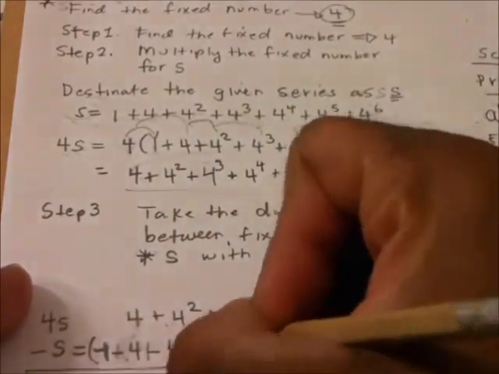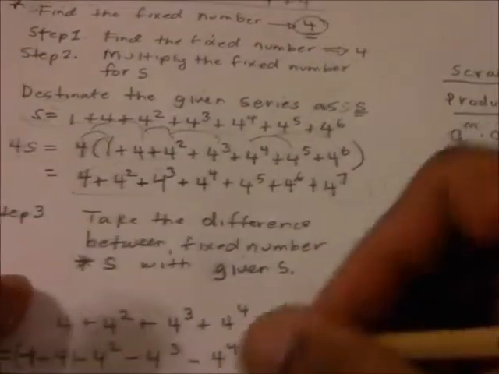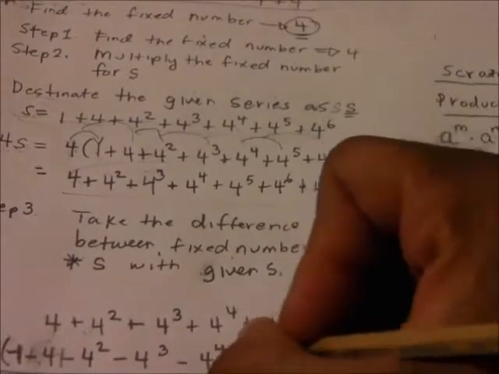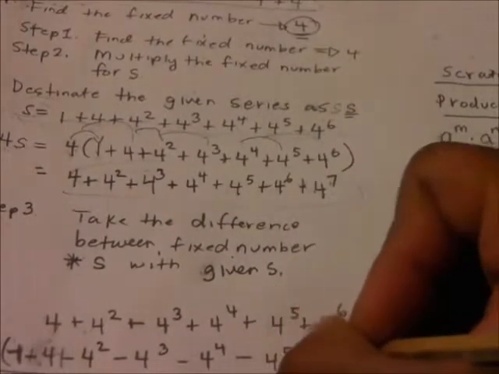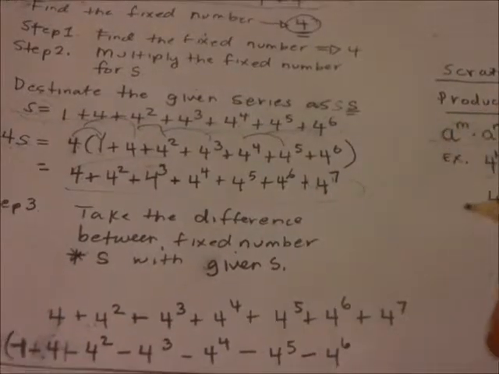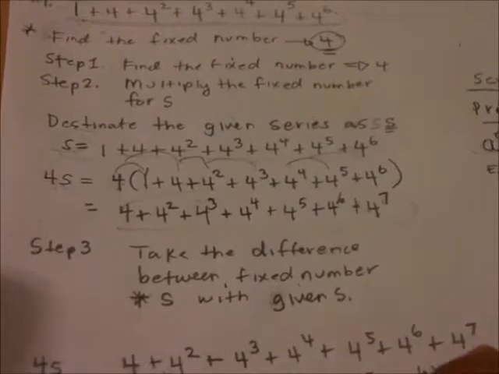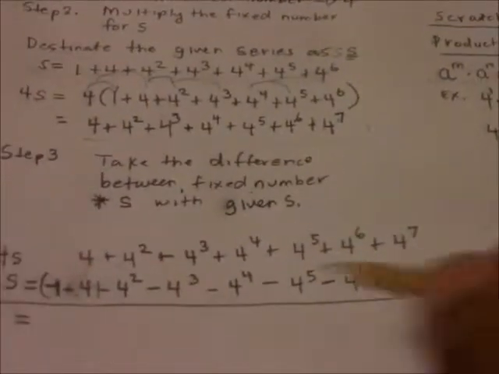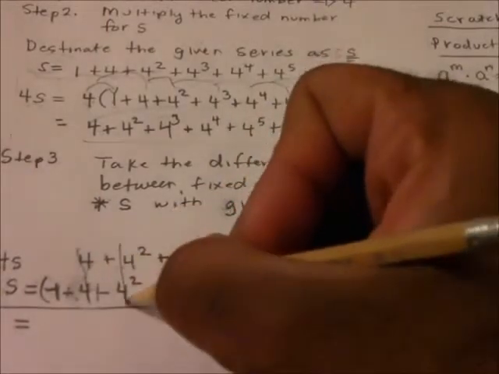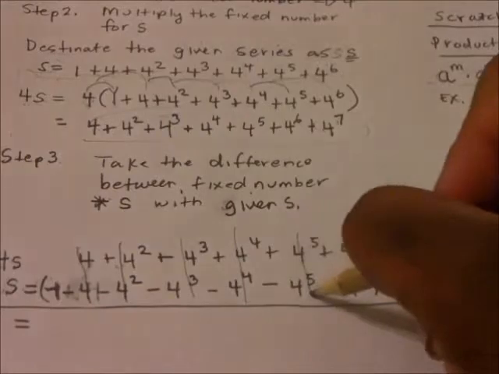squared minus 4 to the third minus 4 to the fourth. You see what's happening? They're going to cancel out later. Minus 4 to the fifth, minus 4 to the sixth. So this is what you have. That means all of this cancels: the 4, 4 squared, 4 to the third, 4 to the fourth, 4 to the fifth, and